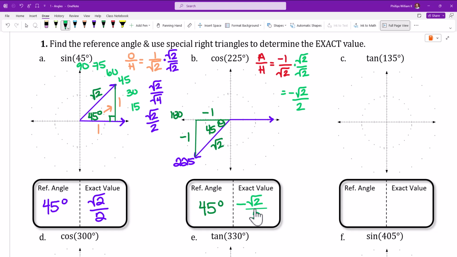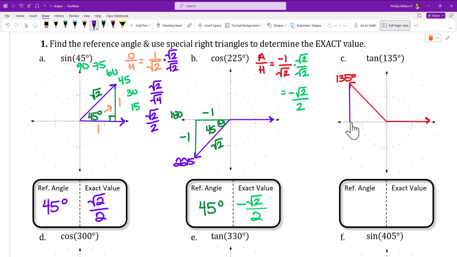Okay, now let's try tangent of 135. So again, we're looking at our model that you all did over here. I know I didn't finish filling it out, but I showed you that key and you were supposed to write it out on your notes. So 135 is going to be right here. So I have this initial side of my angle that goes right here, and I have the 135, which comes right here. Okay, that's the 135 degree angle. But to find the exact value of tangent of 135, I need a reference angle. So again, I'm going to make a right triangle